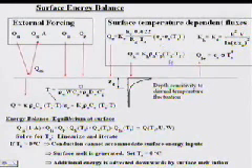The sensible heat flux is proportional to an air temperature gradient, and the latent heat flux is proportional to a vapor pressure gradient, the difference between the vapor pressure of the air and the vapor pressure at the snow surface. Notice these K terms here have the wind speed in them. So you need some energy in the wind to actually transport water vapor and transport heat away from the snow surface